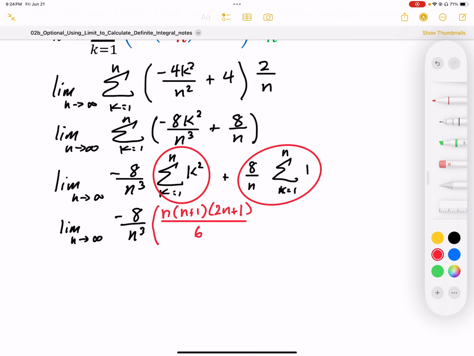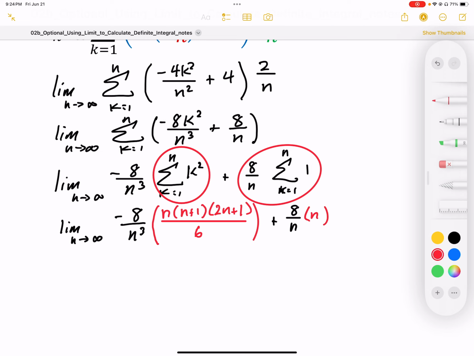But since I do have this formula, I'm going to use it and replace the sum of k squareds. Plus 8 over n, and this just becomes, using again the formula, the sum of 1, n times, is just going to be